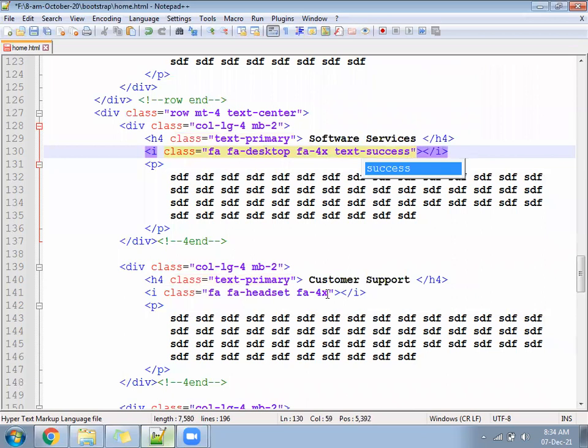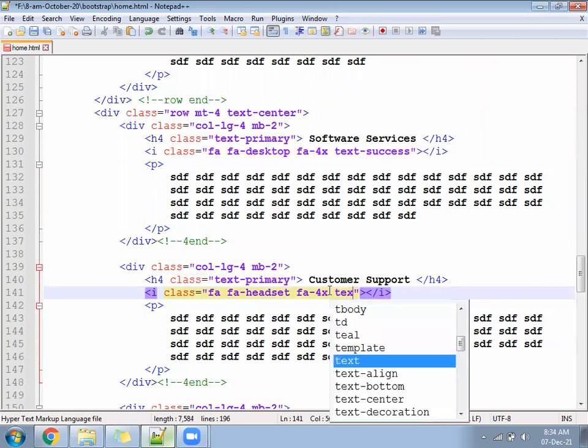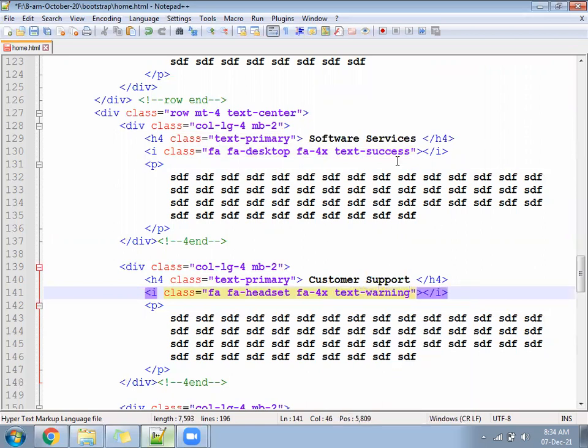For the second icon you will write text hyphen warning, text success, text warning. Let's write that.